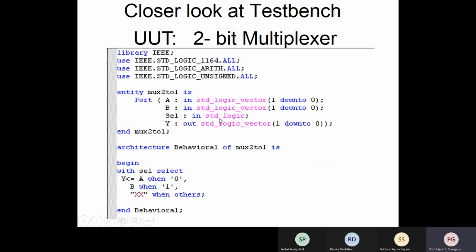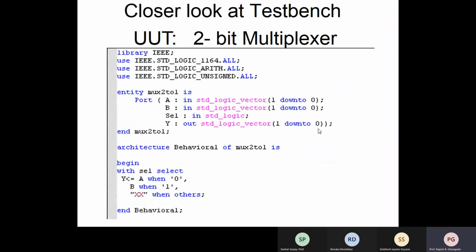Cell, you see that it is a 1-bit input. Of course, it belongs to the STD_LOGIC type. And Y is another output, which is a 2-bit vector. All right, so this is how I have